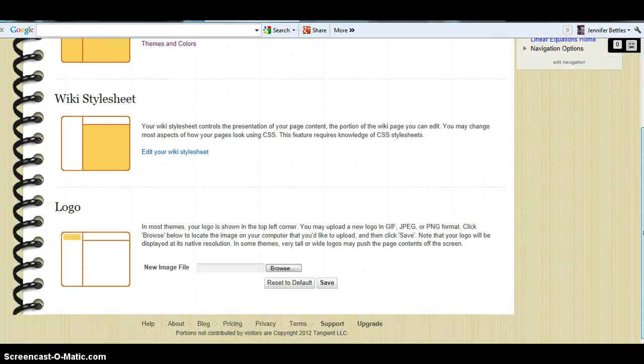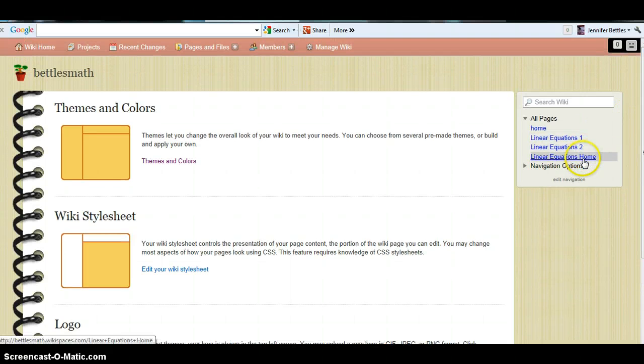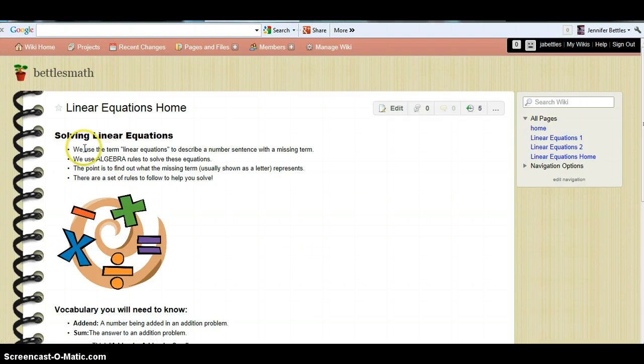Again, I don't really have my own personal logo. Should I want to use this site more, I might put like my district's logo or something. But again, I did not use the logo feature there. Can I go back to my linear equations home? Okay. And then from here, once you like your page and you're ready to share,